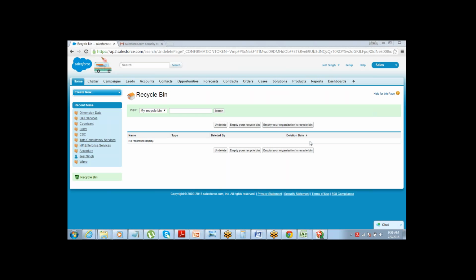One more question that I have is, what are the alternatives for data loader? Is only data loader associated with Salesforce, or are there any other tools that can be connected to Salesforce to do these operations? No, data loader is the most common one. There are certain other applications, but if you understand data loader, we can work on those. The other ones are not that common, but there are one or two other applications designed by other companies which can also be used. But data loader is the most common one, and it's available from Salesforce.com. So we use this one.